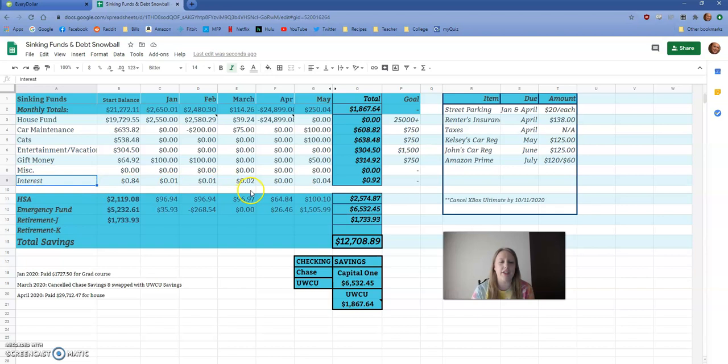Interest is the amount of interest we make in the now UW Credit Union account. So what I have down here is UW Credit Union essentially has, you can see, most of the savings accounts here. I should add, well, miscellaneous isn't anything right now, but otherwise that would include miscellaneous probably as well. And then Capital One included, it used to include our house fund, and then it includes our emergency fund,